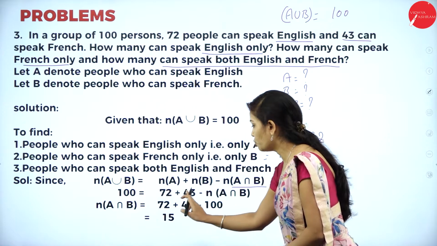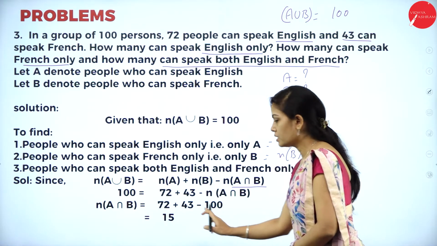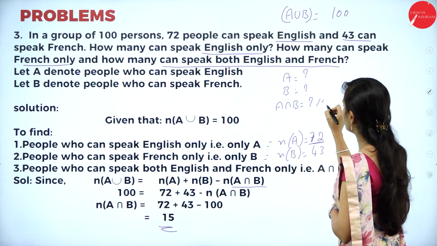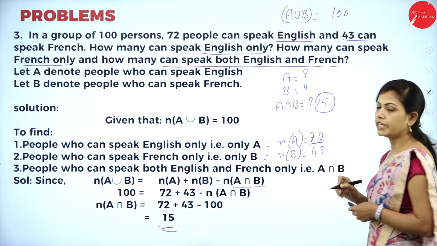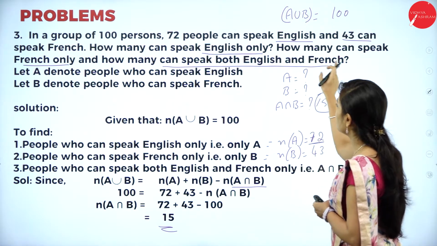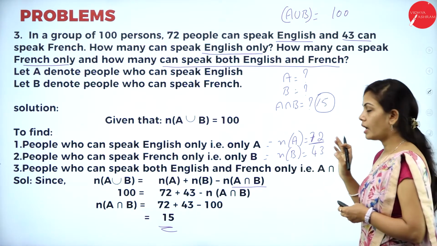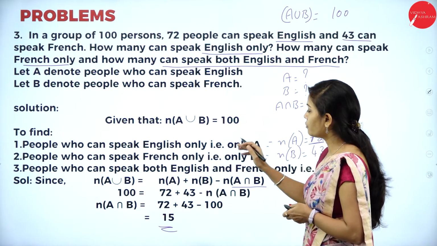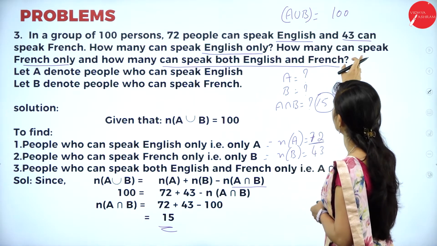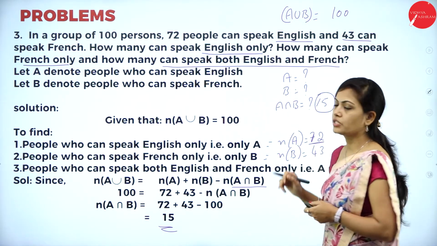So we will get 72 plus 43 minus 100 is equal to 15. So n of a intersection b is equal to 15. 15 students can speak both English and French. And here we have to find how many can speak only English and how many can speak only French